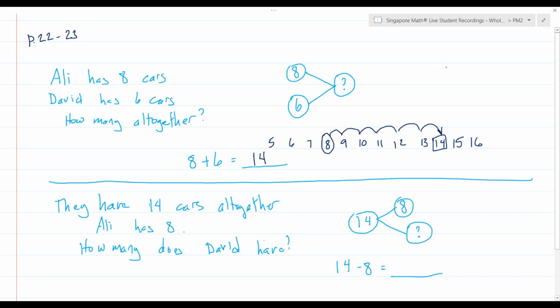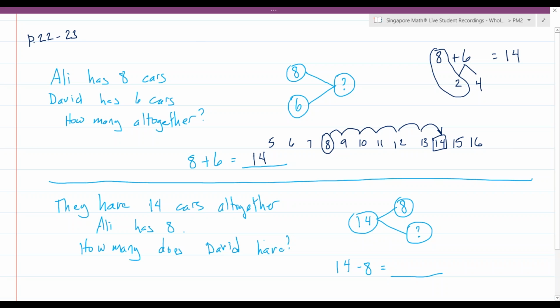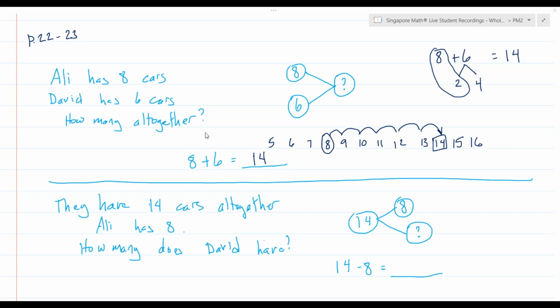If you did Singapore math last year, you might remember that we think a lot about tens. When we add 8 plus 6, we might think about the fact that 8 needs 2 to make a 10, and 6 is 2 and 4. So together, the 8 and 2 is 10, and I have 4 ones for the number 14. That's another good way to add. Right now, what we're mostly trying to do is recognize that these words tell us to add, because all together